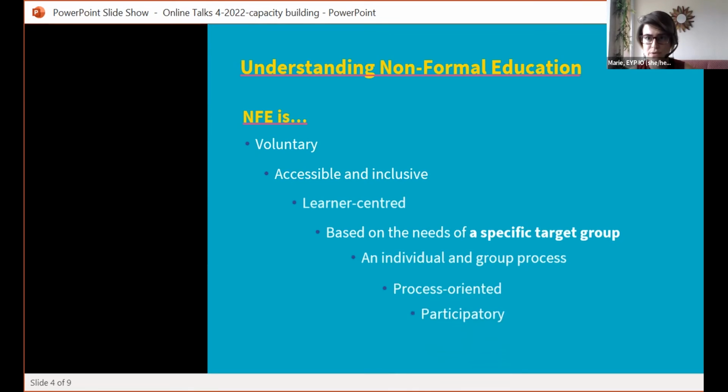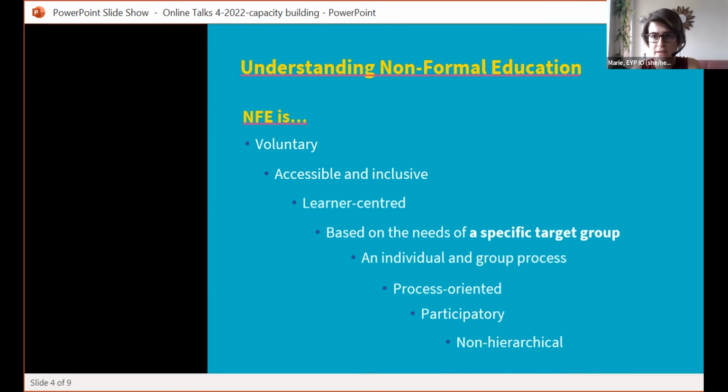It's participatory, meaning it's not one person giving a lecture or a talk, but really, again, facilitating group processes, taking the knowledge that is part of people and part of a group and managing to make this knowledge come through.